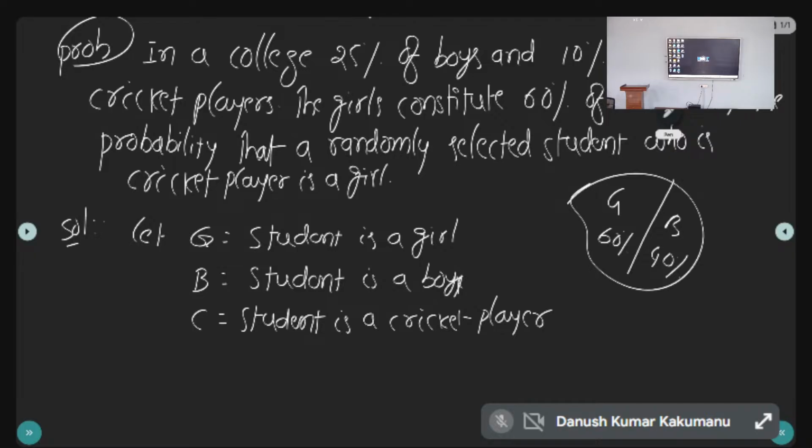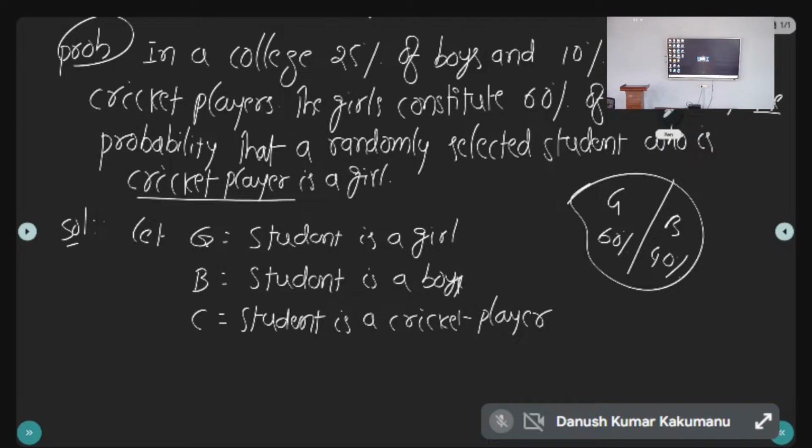What is given? P of G, say this. Whole body. The probability that a randomly selected student who... Actual question starts here: the probability that a randomly selected student who is a cricket player. What is the meaning? One student you have selected randomly, and that selected student is already a cricket player. Is that right or not? The selected student is already a cricket player. Is a girl. The probability that the cricket playing student is a girl means already